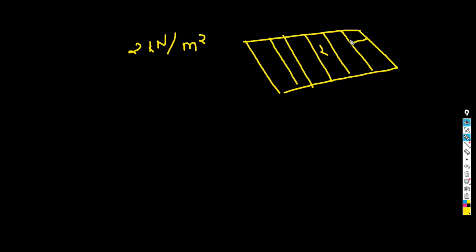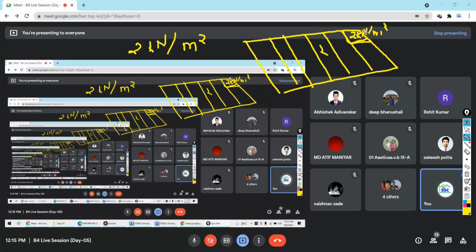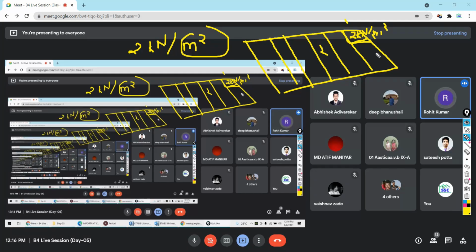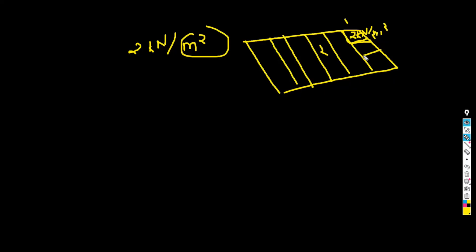So only for this part we are going to assign how much? 2 kilonewton per meter square, for this 1 meter by 1 meter. Are you getting my point? So for every 1 meter square area, we are going to assign 2 kilonewton per meter square.